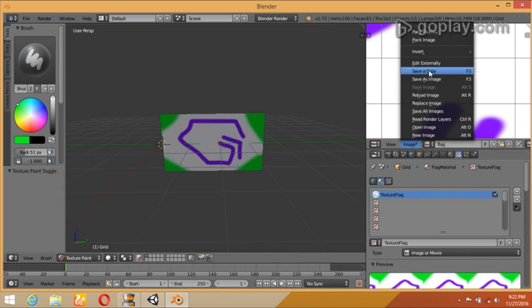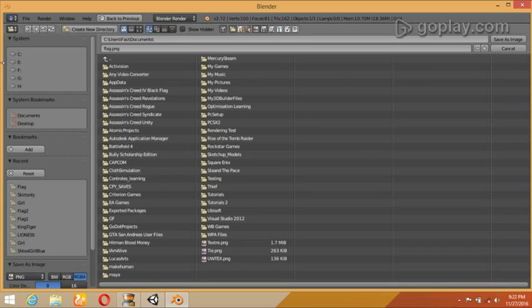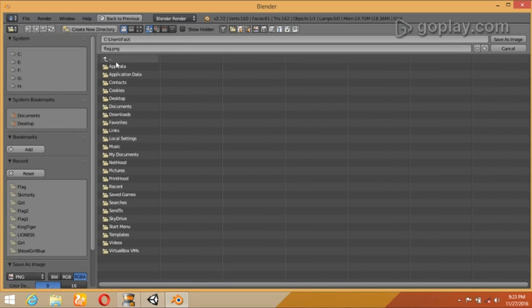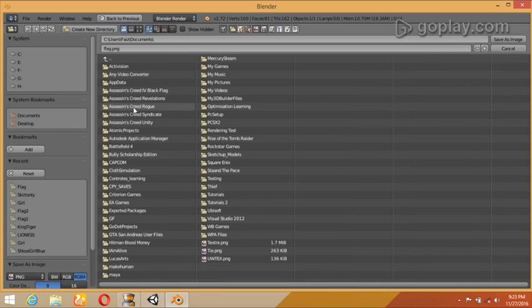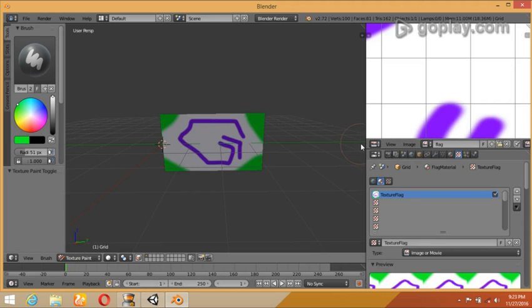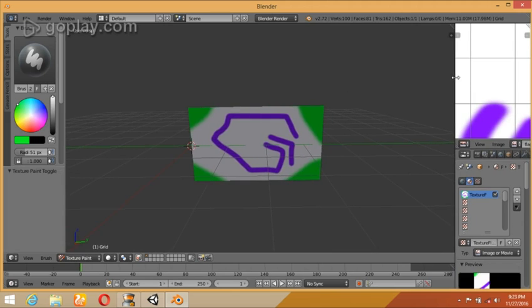Let's save. Let's say save as image. Go to this. You'll go to your document folder, username, documents, and now project. Here is this cloth simulation set, and here let's save it flag.png. Alright, and now